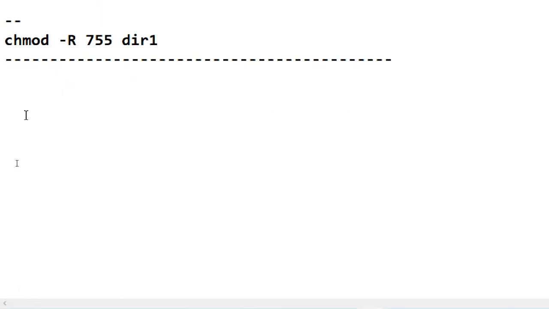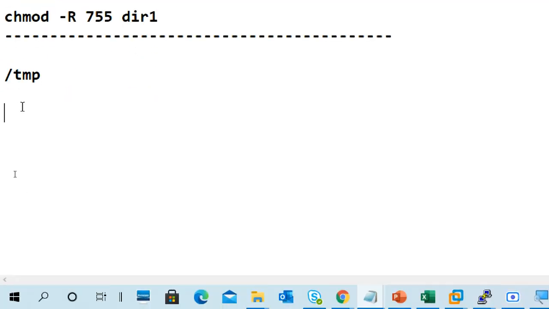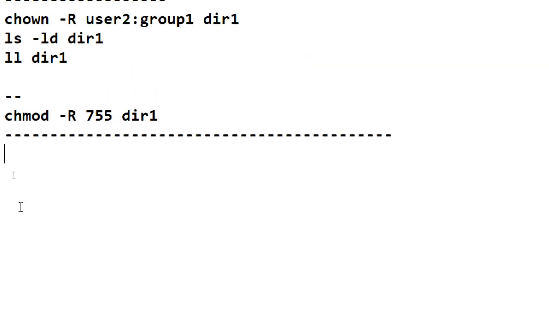So the story is, I use /tmp. Tmp is a temporary directory, not actually a permanent directory. The data in the directory won't be stored for a long period of time. If you don't use the data for the next 30 days, it is deleted automatically.